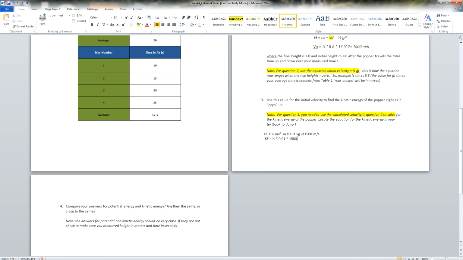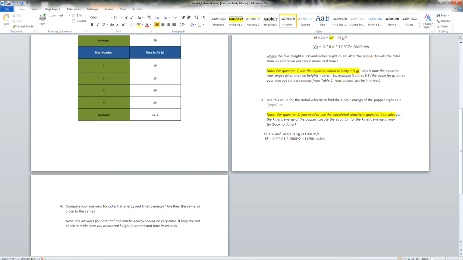So if we multiply that out, 0.5 times 0.01 times, please make sure you take note of this correction, 1500 needs to be squared, so that'll be times 1500 again, and I'm getting a number which is also very high, 11250